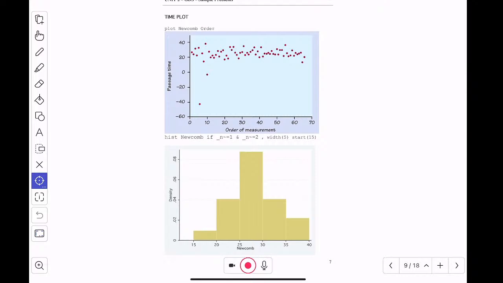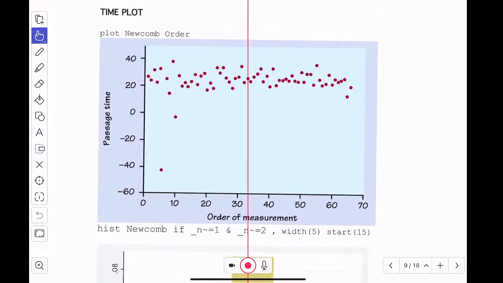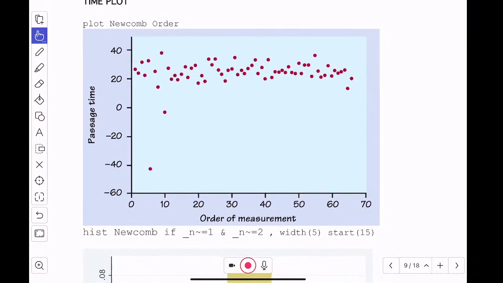And the way that this was examined is, rather than just look at the data grouped in common values, we can look at the data in a time plot. So this shows the order that the measures were taken. So the first measures were up here, second, third, fourth, fifth, sixth, 7, 8. Oh, I missed that one down there. Whatever. 1, 2, 3, 4, 5, 6, 7, 8, 9, 10, 11, 12, 13, 14, 15, 16. So you get the idea.